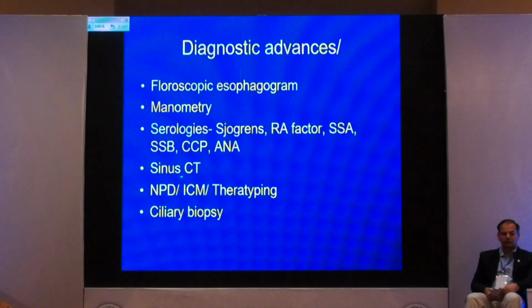The sinus CT, we also look for polyps, and then these are the cases which is nasal potential difference. We look for these and intestine current measurements. They are kind of more research clinical tools for difficult to rule out CF cases. So we are looking for the nasal potential difference because you need two biomarker studies. One could be sweat chloride, the other could be nasal potential or intestine current measurements. So you do the intestinal biopsy in the lab, look for the chloride conductivity in those lab models and try to see if we can diagnose CF that way.